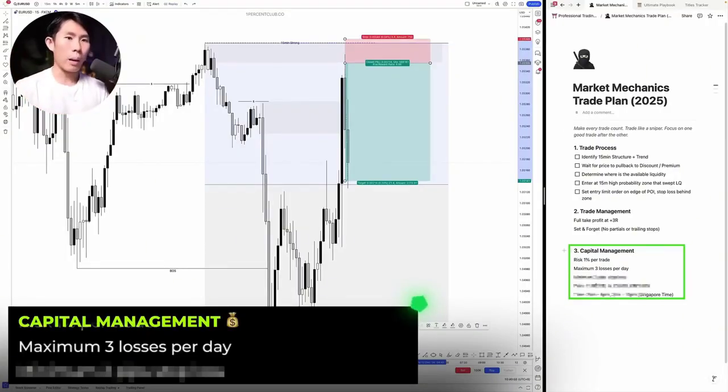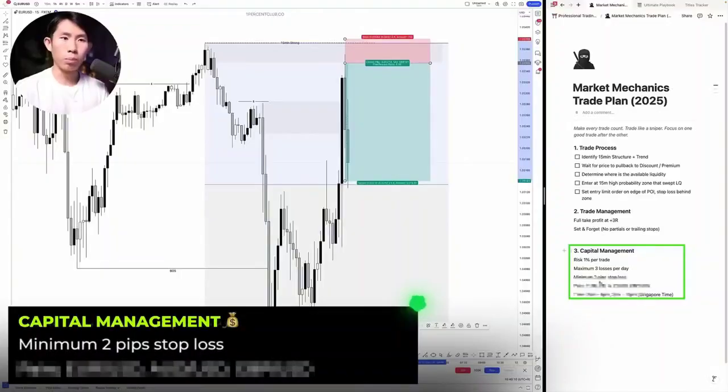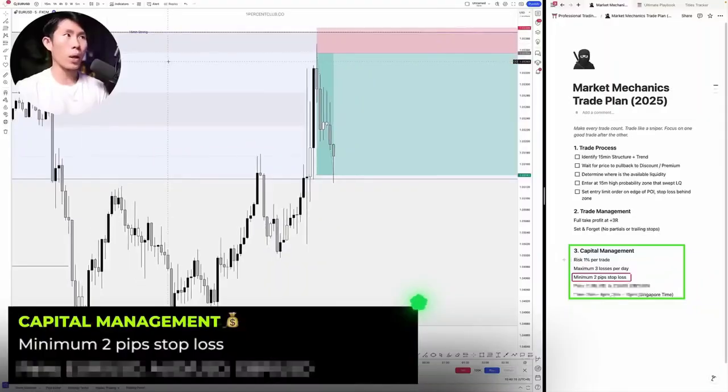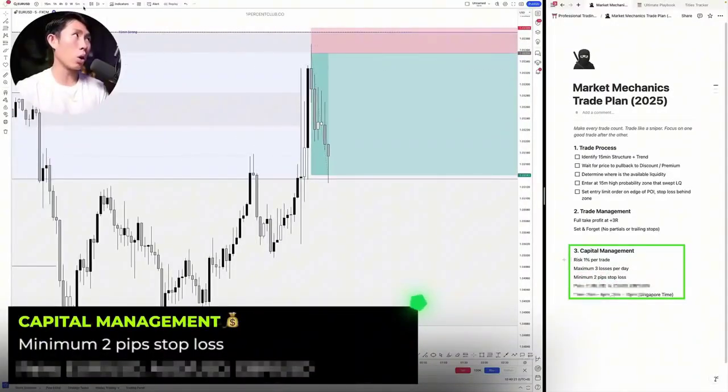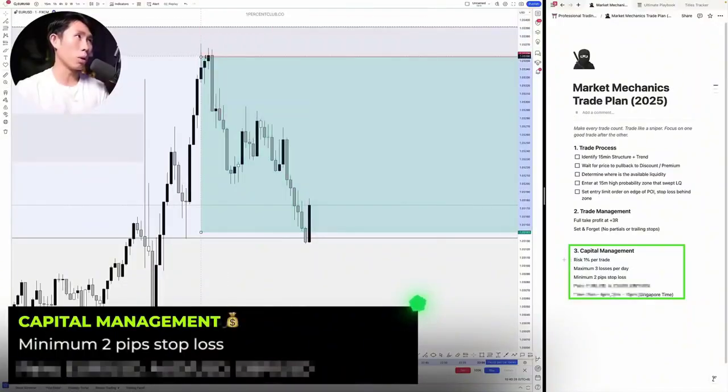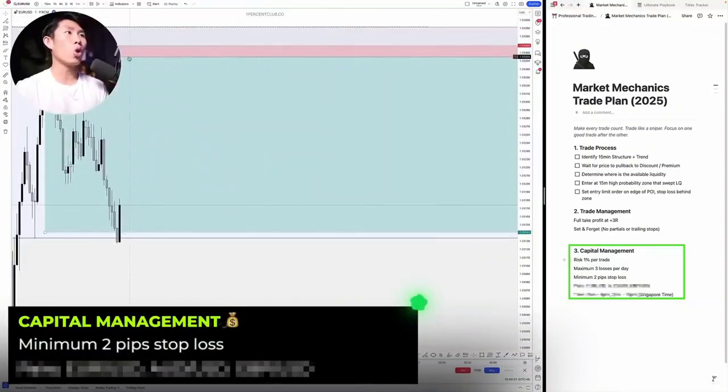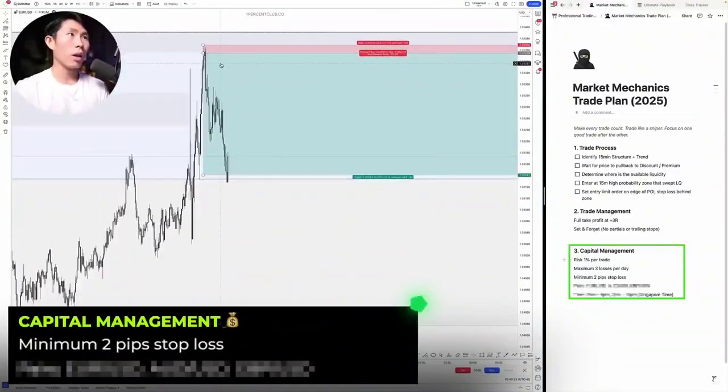Now, I also have a rule that says that my stop loss has to be minimum 2 pips. So it cannot be less than 2 pips. The reason being, when you are scalping, when you are participating in high frequency trades, you're entering on the lower time frames, and that is where you can have this insane stop loss. For example, right here, if I entered on the 1 minute time frame, I place my stop loss like this. When it's so tight, you must be very, very careful,